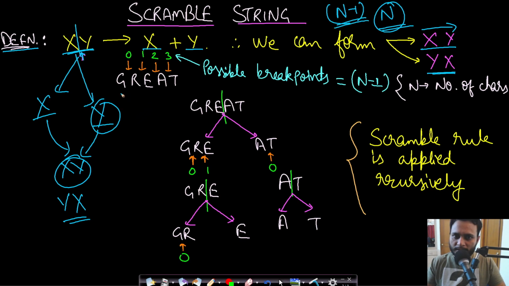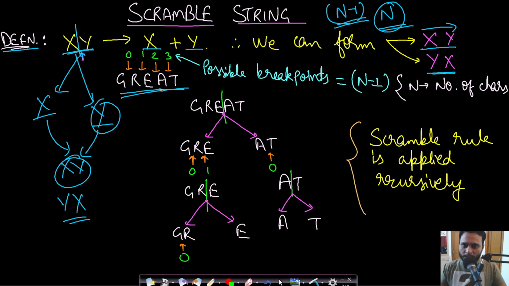Now in this case, let's assume that we are given the string great. So you can see that we can apply partition at this point between g and r. So if we partition between this point, then the 2 possible strings x will be g and y will be r, e, a, t, right? And now we can combine them in any order. Like if we combine them in the same order where x will come first, then the string after combination will be great itself. Okay. Otherwise, if y will come first, we decide that y will come first, then the string will be r, e, a, t and then g.